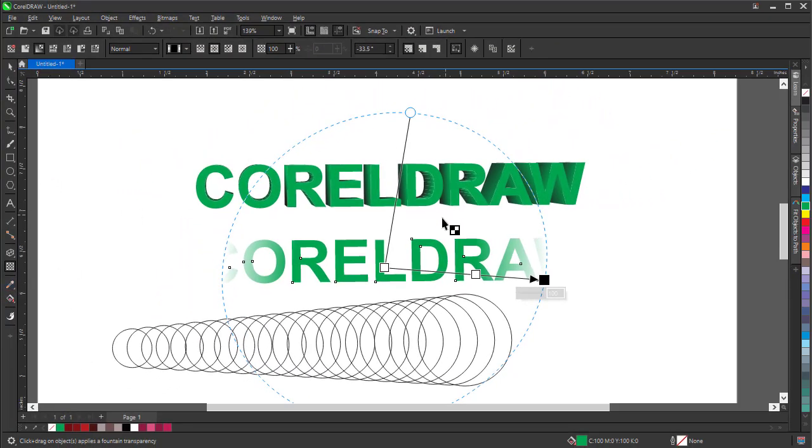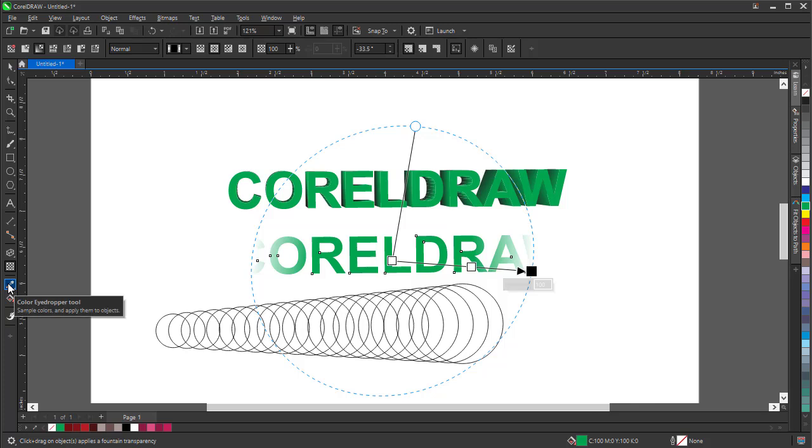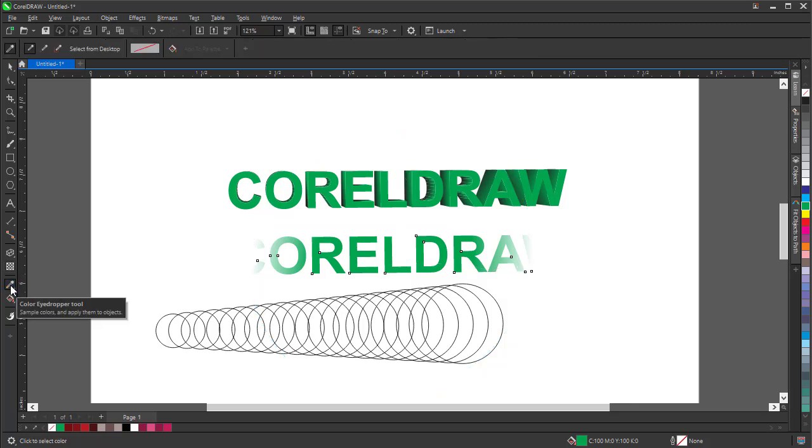After the transparency, here we have the color eyedropper. The color eyedropper. Let me take this and I want to fill a color. I want to fill a color here, and the color I want to fill maybe is a color. Here I have something like dark green, and this color is not on my